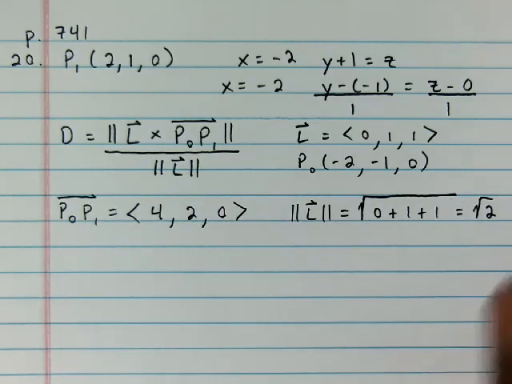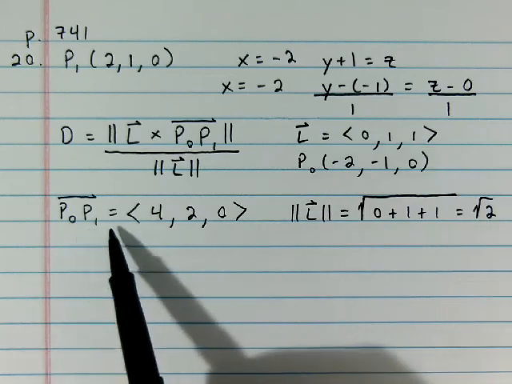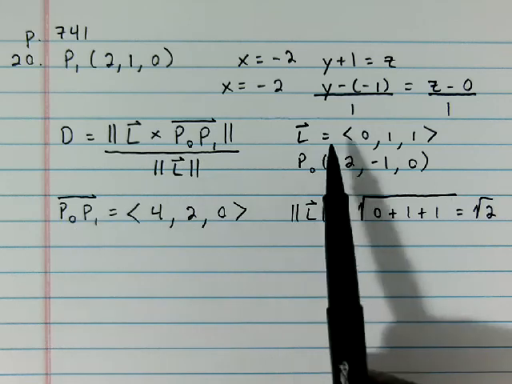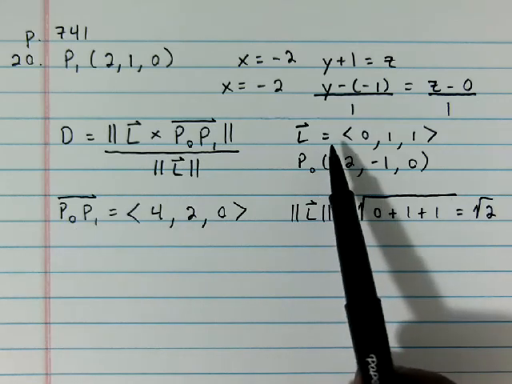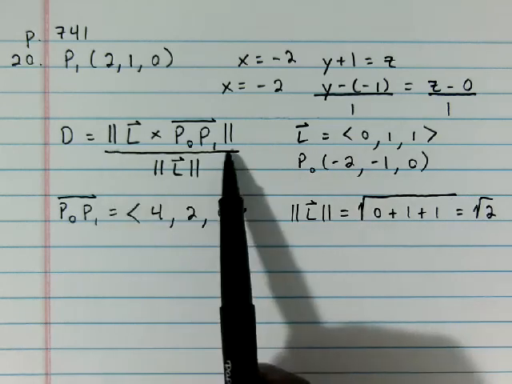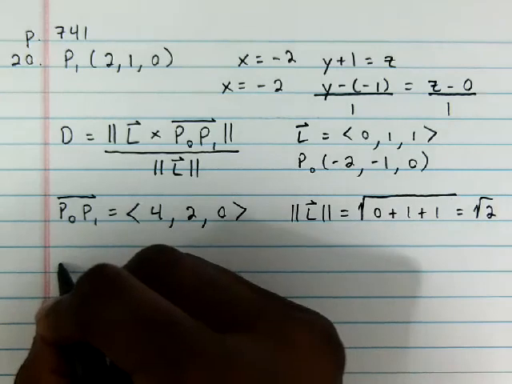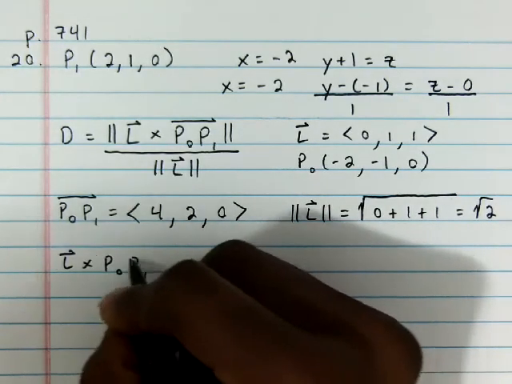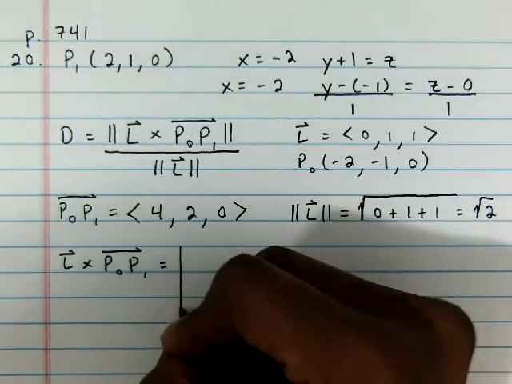All right, now we need to find a cross product between L and P naught to P1. Another thing here, if you found the cross product between P naught to P1 and L instead, it wouldn't be a big deal because it just points in the wrong direction, but its length is going to be the same as this vector right here. All right, so L cross P naught to P1 equals